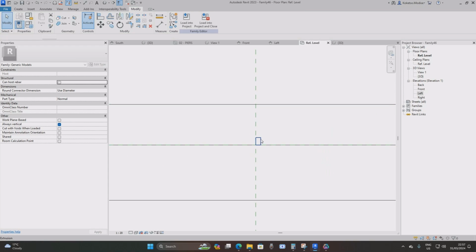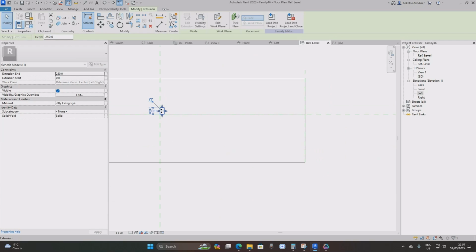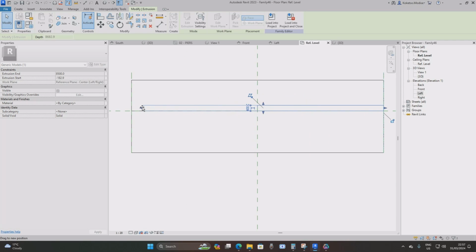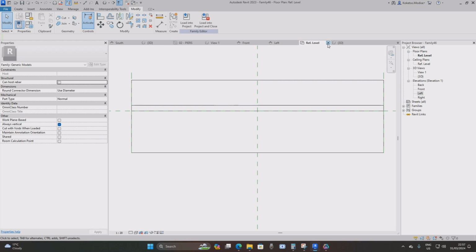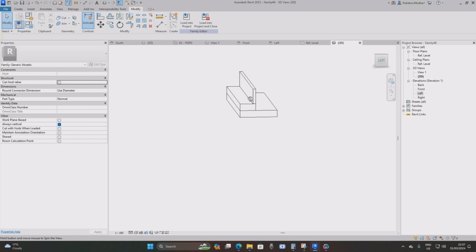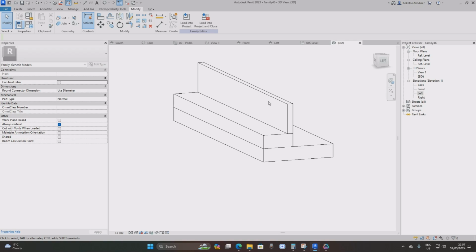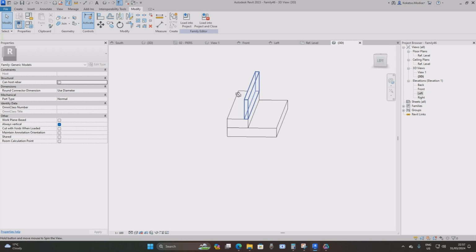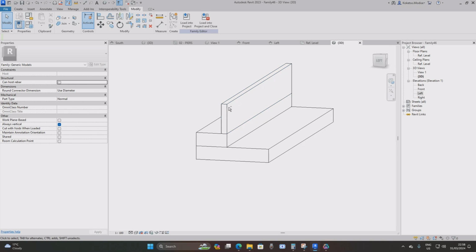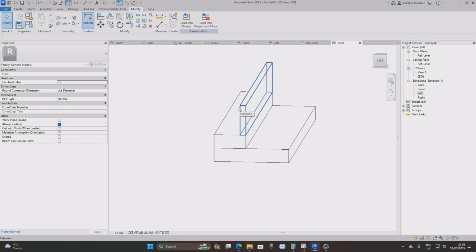Okay, now you can see everything. Select your divider wall, drag it to the other side, and then drag it also to the other side. Perfect. Now open up the 3D view. This is what we have so far. The next thing is you're gonna apply your wing walls, and that's the last step of our geometry